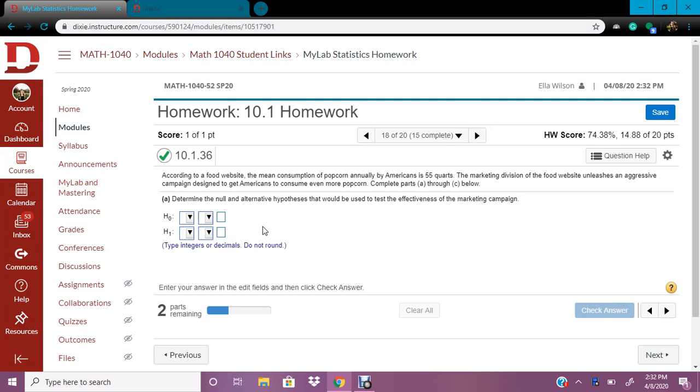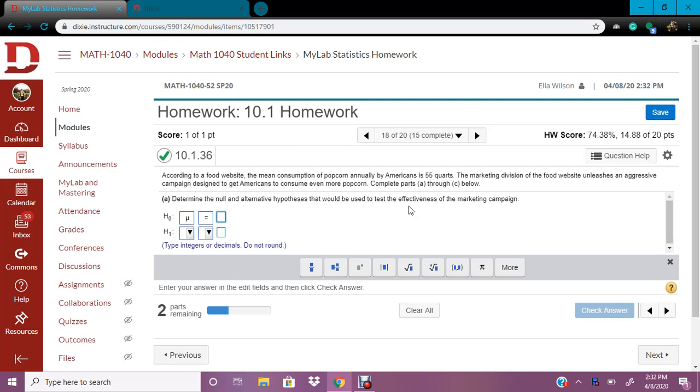So here we have 18 of 10.1 homework. And so what we're going to do is we always start out with the mean. So we're going to put that. This is always going to be an equal sign, and we're going to type in the number that it gives us. And then the same thing for that, except for